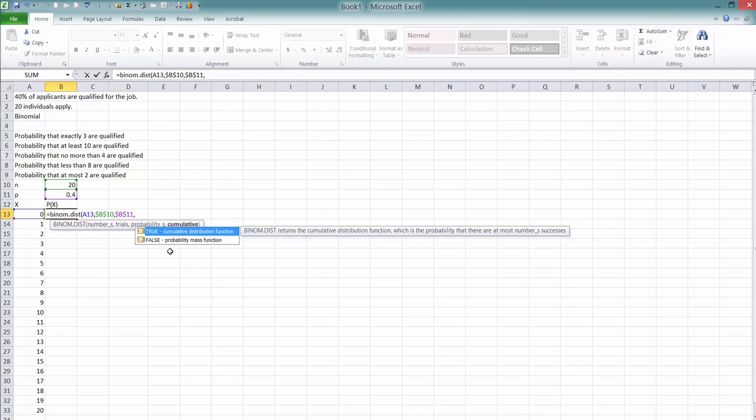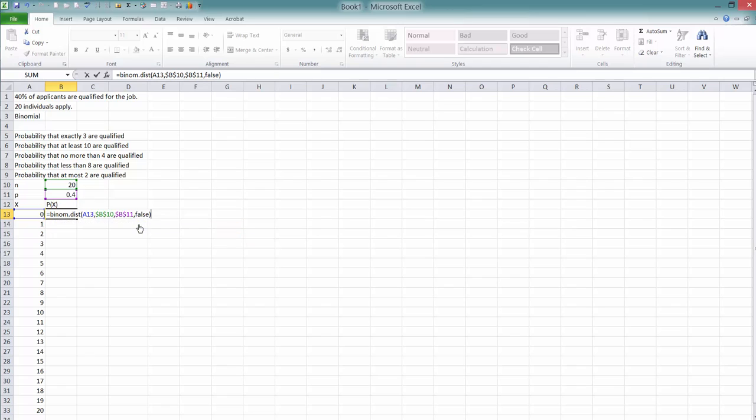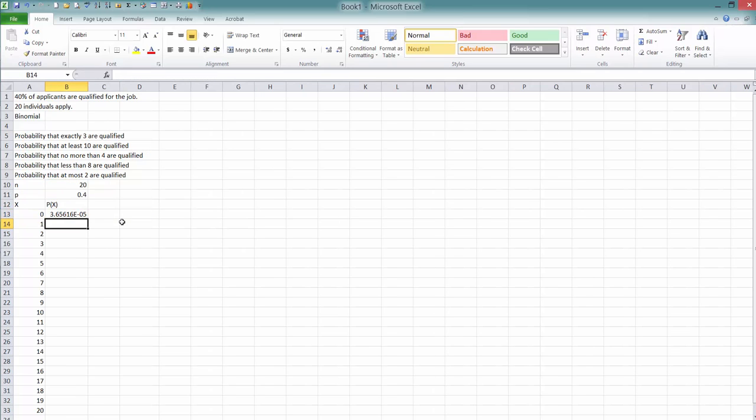And I do not want to compute the cumulative probability, meaning I do not want to compute the probability of 0 all the way to whatever number I am computing. So I will say false. So this will be the probability of an exact value, which the exact value would be this 0 here. Okay, now I can copy it down,